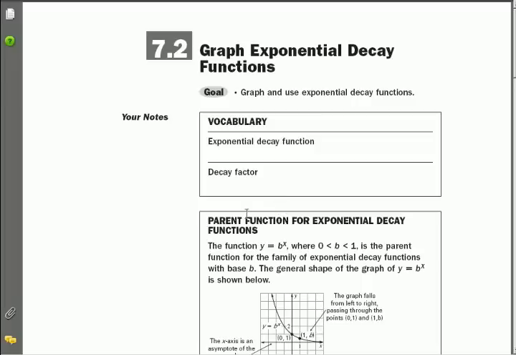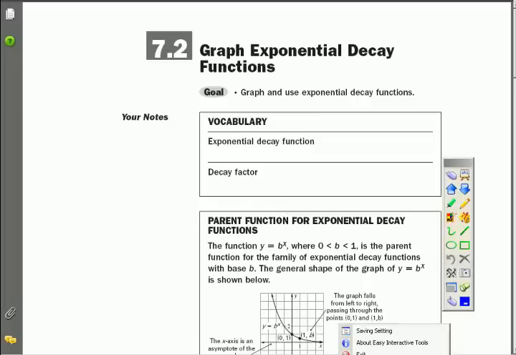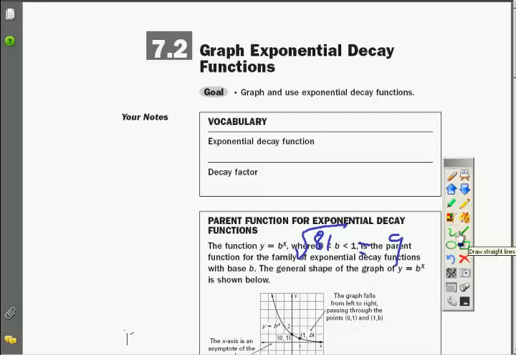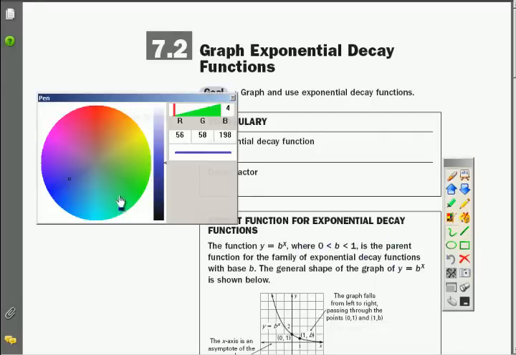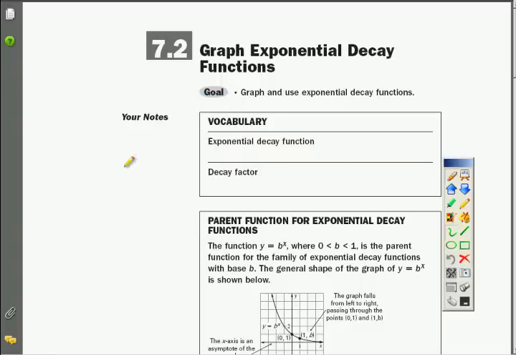All right, as we just finished up talking about exponential growth, today we're going to talk about something a little bit different than exponential growth. We're going to be talking about exponential decay. And when I talk about exponential decay, the one thing that comes to mind for me is